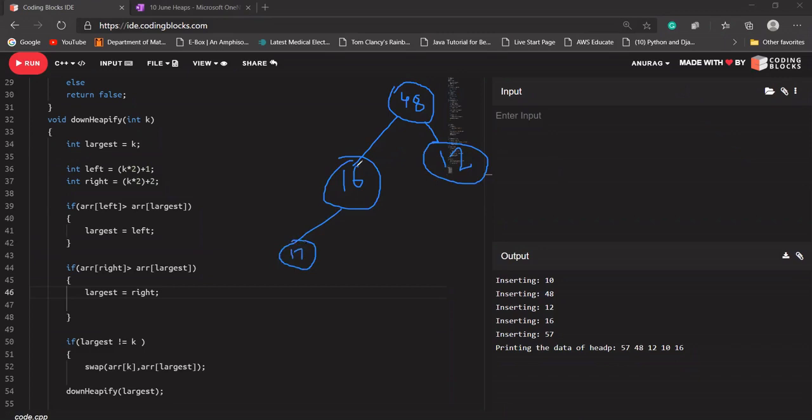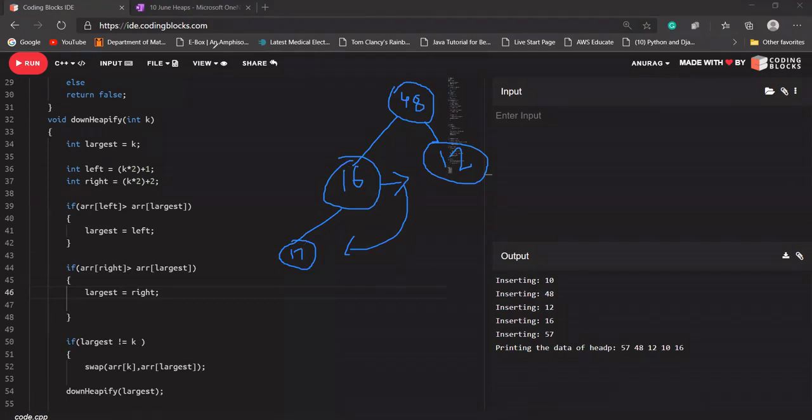Because 48 was here and 16 was here, and I have swapped these two values and 16 comes here. So again, this value needs to be compared with its side. That's why I'm calling my down heapify function with this index, the value of largest index.